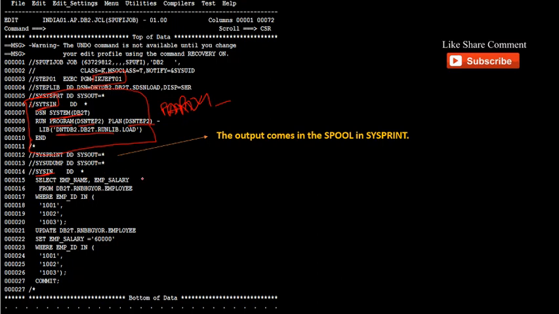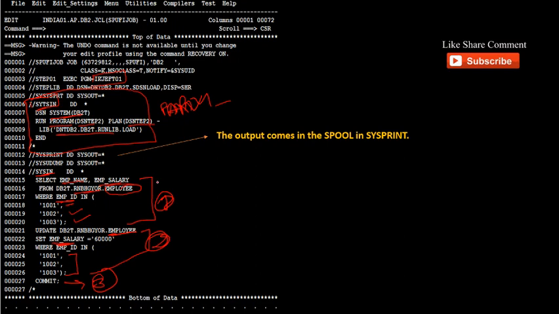First query is a select query, like select employee name, employee salary from the database RNBHGYOR, from the table employee, where employee ID is 1001, 1002, 1003. And our second query is update, where we are updating the employee salary in the employee table for these three employee IDs. And the third statement is commit. First statement is select, second is update, and third is commit.